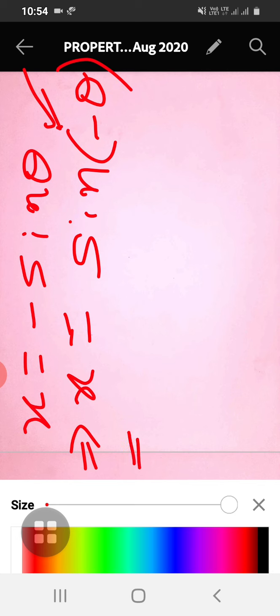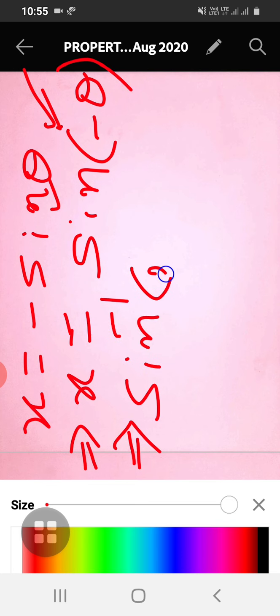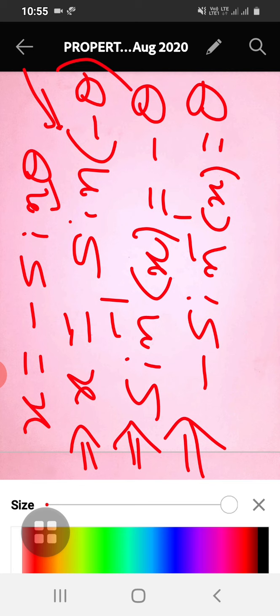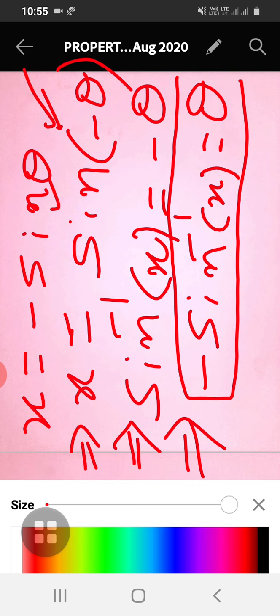So once again, by the definition of sin inverse from the last class, very important. I will bring this sine to the left hand side. So what it becomes? Sin inverse x is equal to, so what is left here? Minus theta. Or this implies, I will write the minus sign on the left hand side, minus sin inverse x is equal to theta. This is the last step. I got minus sin inverse x is equal to theta.